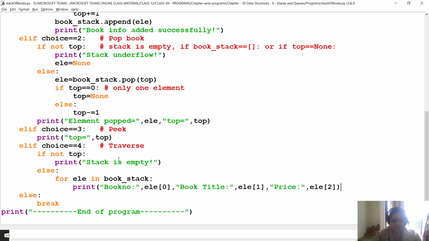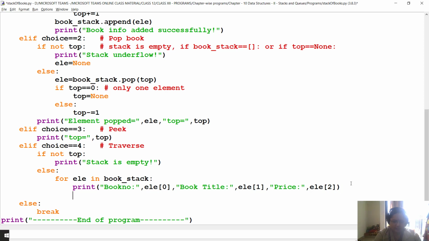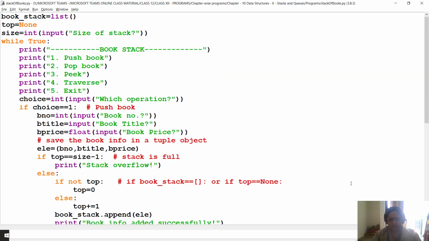So elements will be displayed one by one in this way, and I'm going to print everything on a separate line. And once everything is printed, I'll print an empty line also.